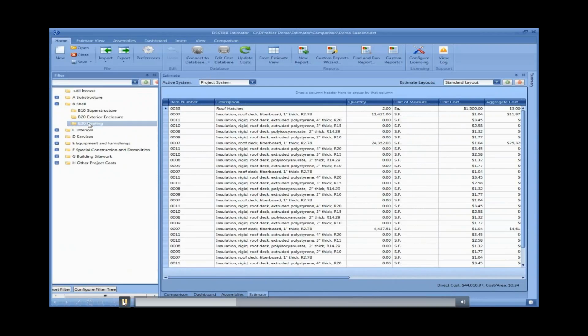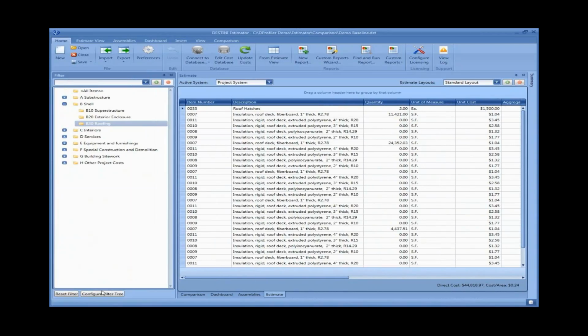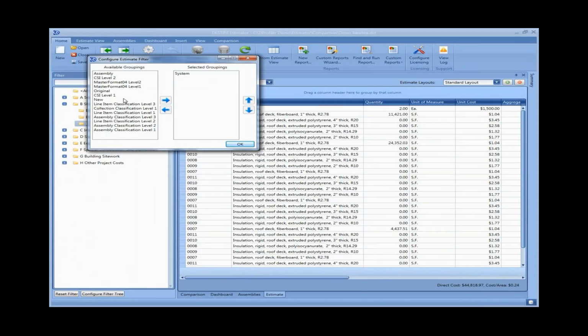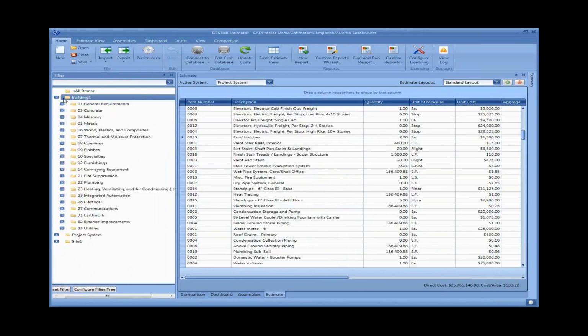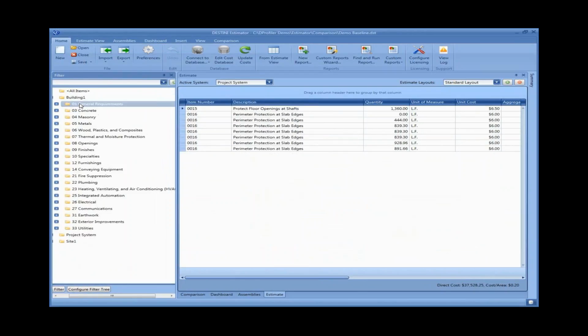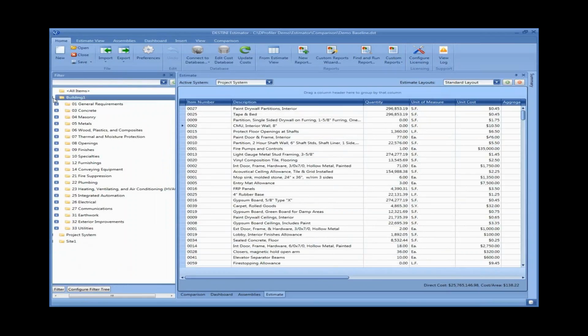This tree is very flexible. So if you have a column in your estimate for a different classification or a different property, you can organize the tree based on those columns. So in this case, we have columns representing buildings. We have columns representing classifications. You can even do things